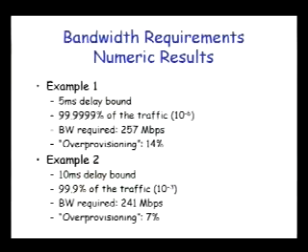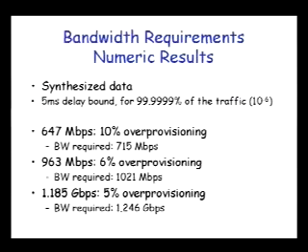This is the same as the graph with just a few numerical examples. For example, for a 5 millisecond delay bound, almost all the traffic needs to conform, so only 1 out of a million packets is allowed to have a higher delay. The average bandwidth was 225 megabits. The bandwidth you need is 257. That means you need 14% more. On the next slide,